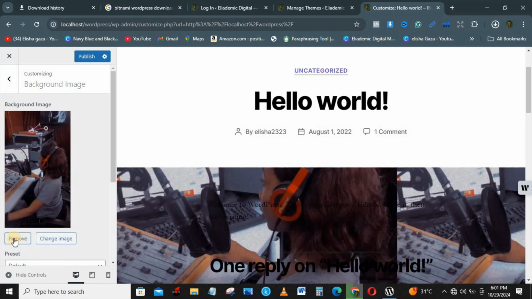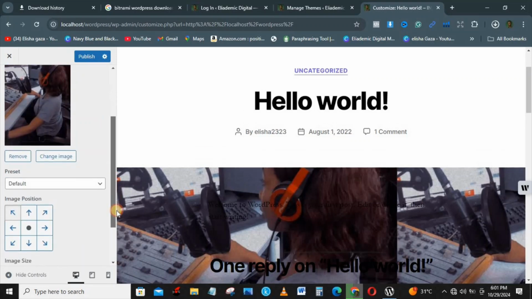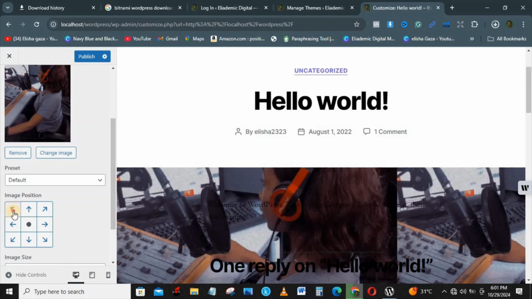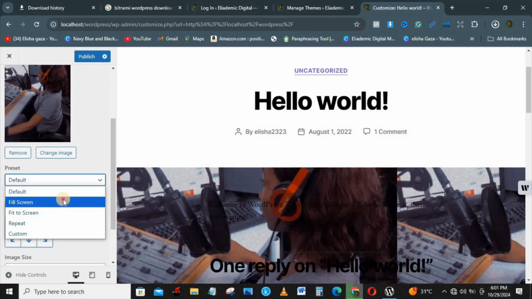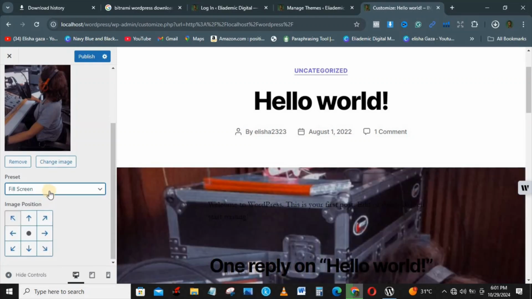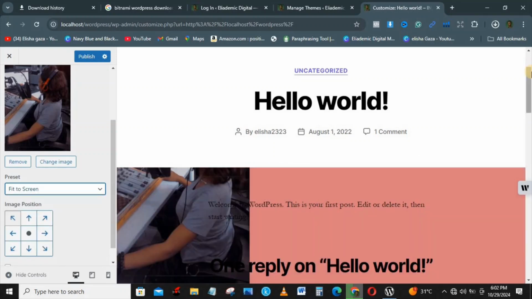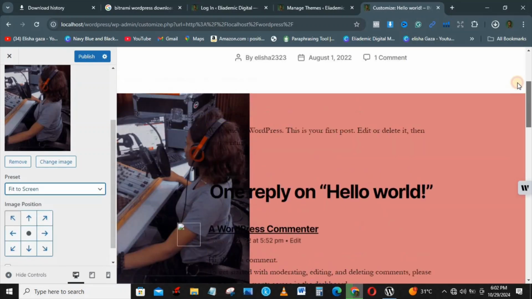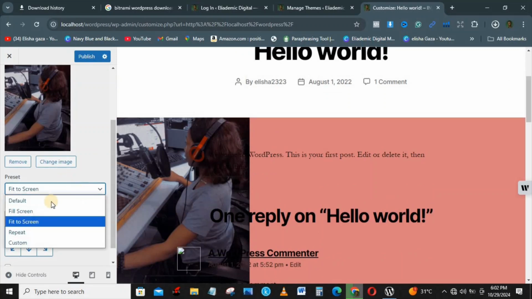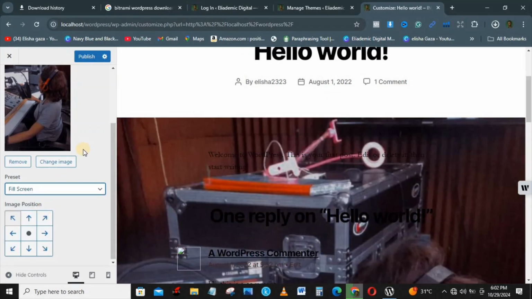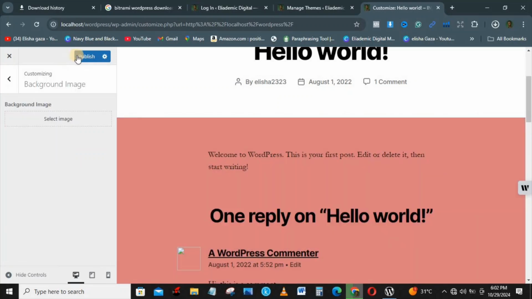So this is a background image, how you can add a background image to your website. You can actually remove your background image if you don't want it, and you can center it if you want the position where you want the image to be centered. You can preset it, you can fill the screen, and you can fit to screen. You see how it fits to screen. But let's say we want it to fill screen, and let's say we don't actually need a picture. All you need to do is click on remove, and then you can publish,